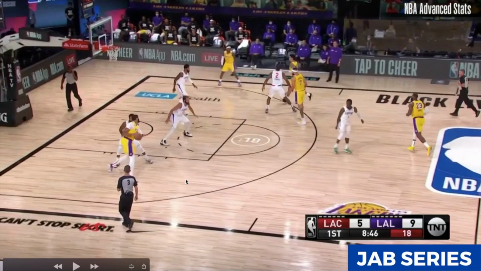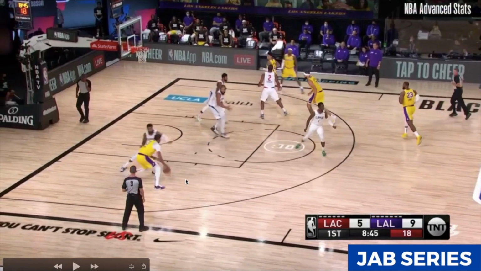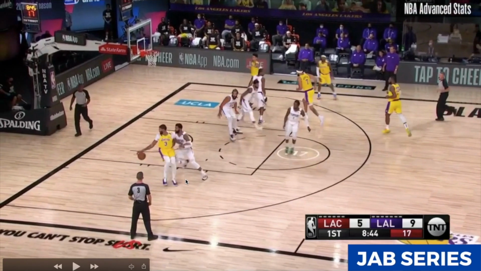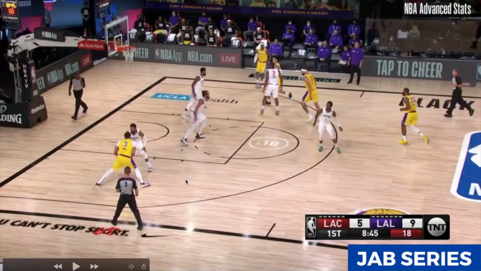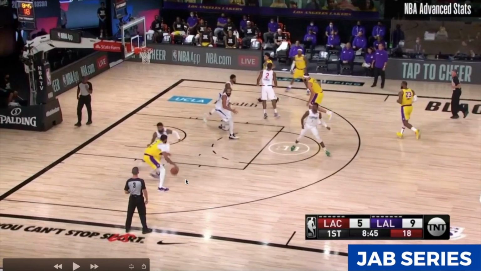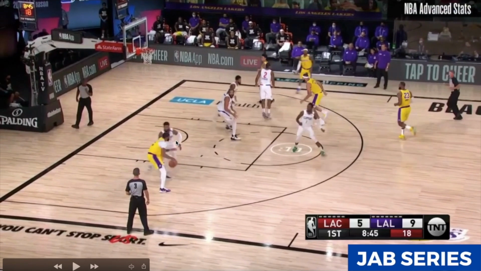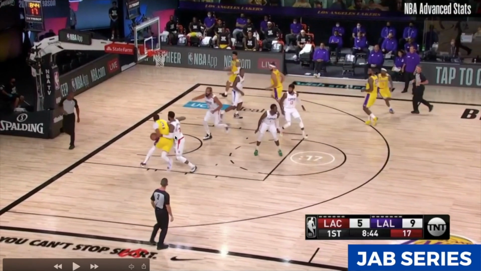But this one is a quick hip-to-hip rip. The defense doesn't really bite on that, but this is where a counter move comes into play. So the primary move is this jab step. The secondary move is driving middle, and all Anthony Davis does is he has a counter to that, which is a spin move. The defense cuts him off. The defender's chest is directly in front of Anthony Davis's driving line, so he's going to spin and finish